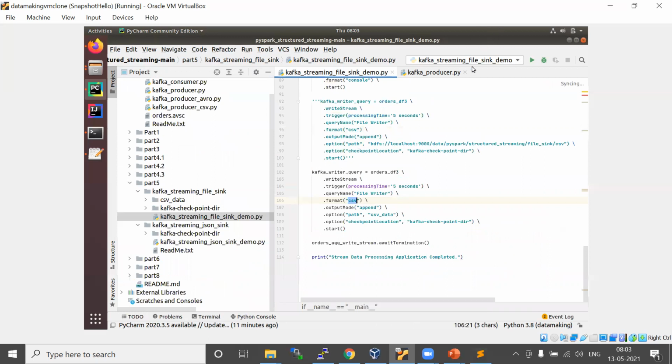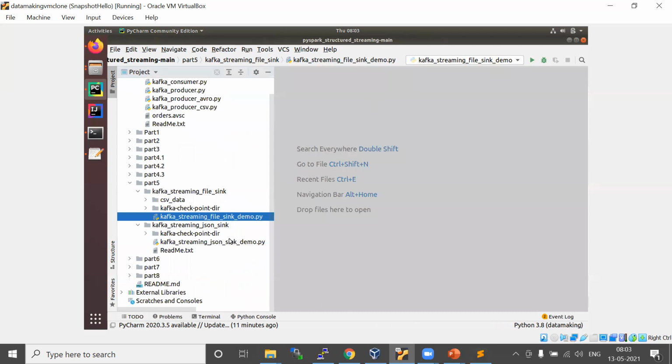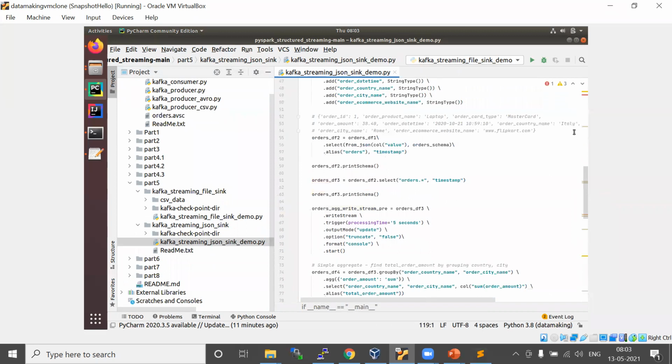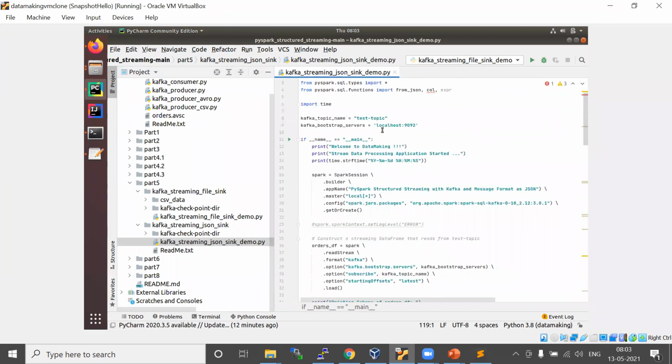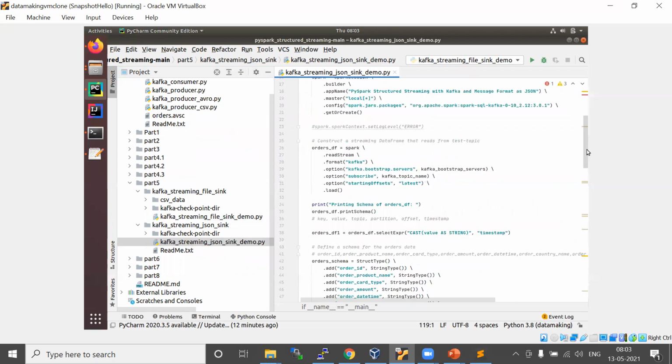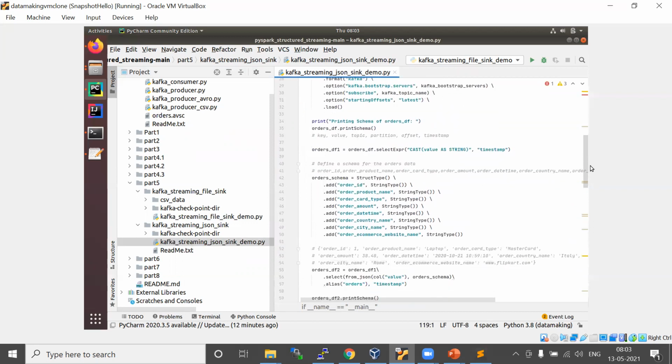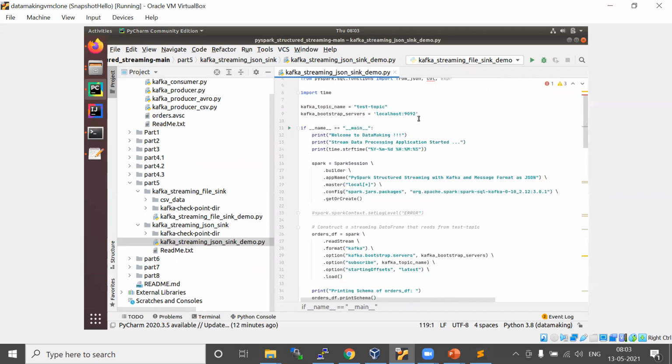Okay, now I'll show you how to publish messages into the Kafka sink. For this, I'm going to use the same program. I'll just read from one topic, right? We read from the test topic, I think, which is publishing messages in what format? Here, I think I'm using JSON. So I will use the order events topic.